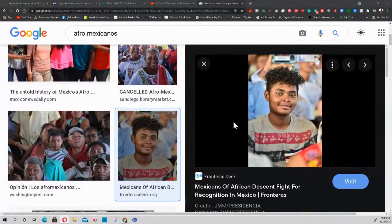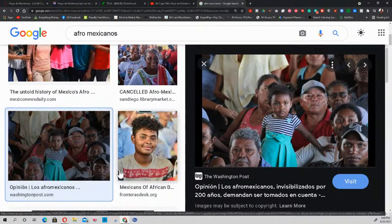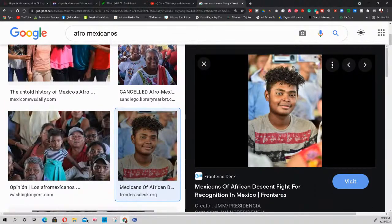And I believe the name of this particular town, well, not town, but they're all around Mexico. But the number one town that a lot of Afro-Mexicans are in is Veracruz. But there's a large population of Afro-Mexicans. It's such a weird mix that you wouldn't know it if you didn't see it. Like this gentleman here, he looked like he can be from Lagos. He can be from Ghana, but he's an Afro-Mexican. You will call this guy Dominican, but he's an Afro-Mexican. But if you don't know your history of all the different types of melanated people, then you don't understand that